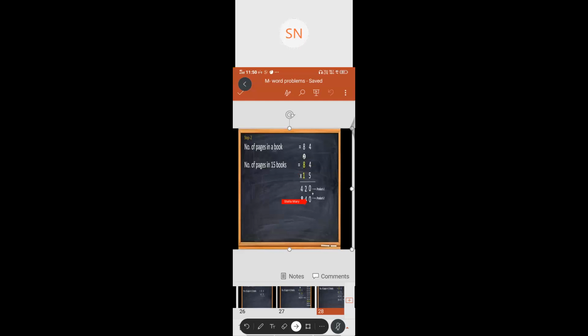We'll go for the tens digit. So always I said you have to start with 0. Then only you have to go for multiplying by the tens digit. Now we have to begin with 1 fours are 4. Again 1 eights are 8. Now we are doing the property number 2. Any number multiplied by 1, you'll get the same number. Got it? 1 fours are 4. 1 eights are 8.